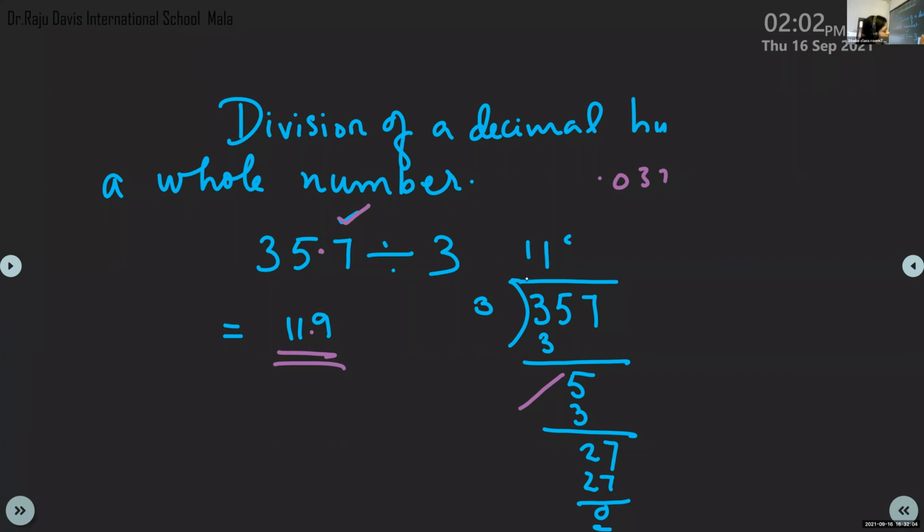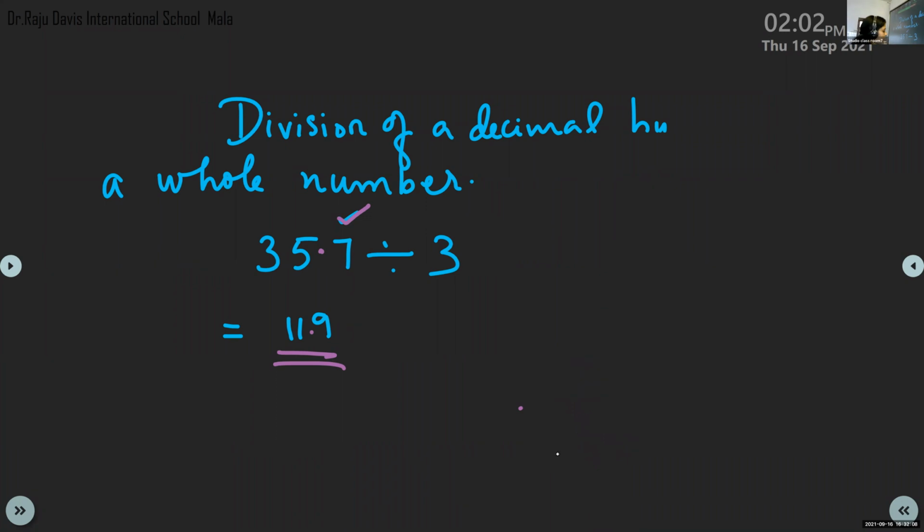We will see. When such problems come, I'll explain to you. Clear? Okay. When we come across such problems, we can do it. Now, first understand what is the basic idea. After that, we can go to complicated problems.